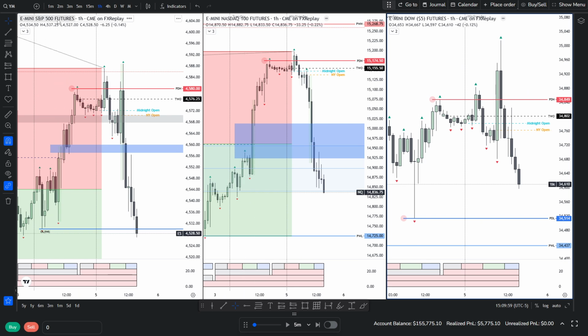Okay. And the reason why this SMT was high probability was because we purged this daily level on all assets. So that's something to note. I'm just going to write this down. PA observation: if we purge a previous day's high or previous day's low, symmetrically, whilst also forming high time frame